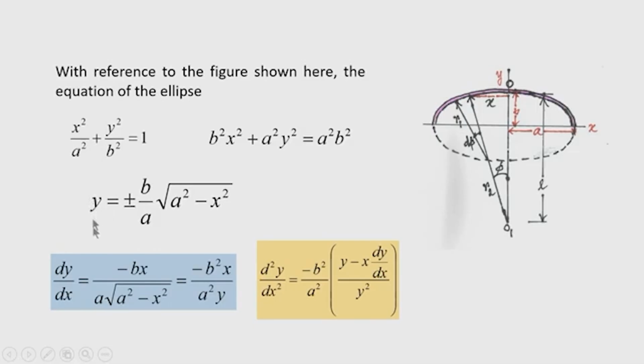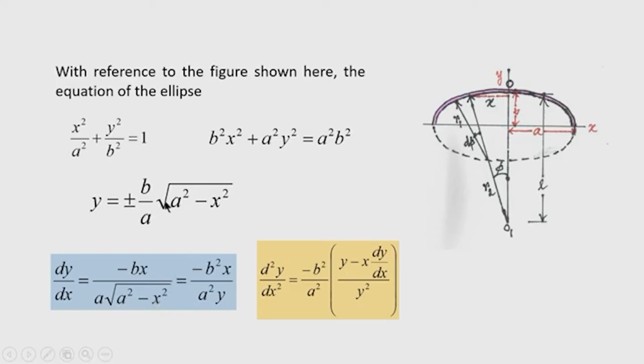Differentiating it once, we get this expression. First we differentiate this. So, it will be half, 1 by root over a square minus x square, and a minus term will come. And then differentiating inside this, minus 2 x, this term will come. So, 2 will get cancelled. So, ultimately we will get dy by dx as minus b x divided by a into root over a square minus x square,